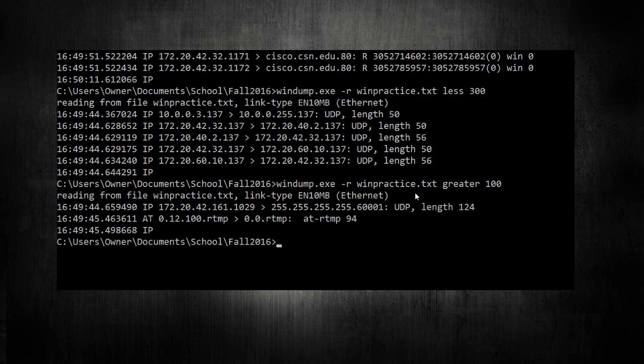Now say you're not concerned about UDP packets, you're concerned about... and you can see now why I strongly suggest getting them in the exact same file folder, because otherwise, anytime we wanted to type this WinDump, we'd have to do the entire file extension, we'd do our -r, and we'd have to do the entire file extension to the WinPractice as well.